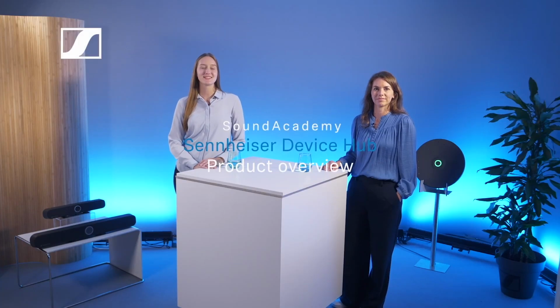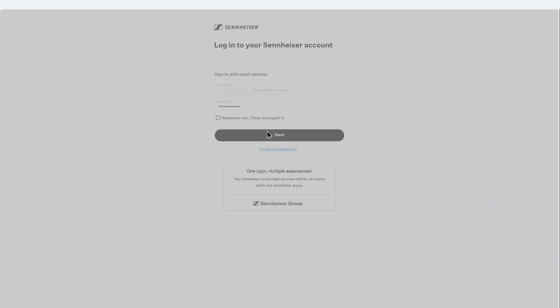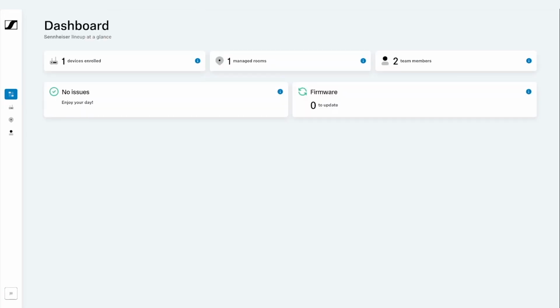Let's take a look at what the Sennheiser DeviceHub actually looks like. After logging into Sennheiser DeviceHub, you will land on the dashboard. The dashboard serves as the central hub for managing your selected organization. It is designed to give you an overview of your Sennheiser setup with special guidance towards the devices that currently